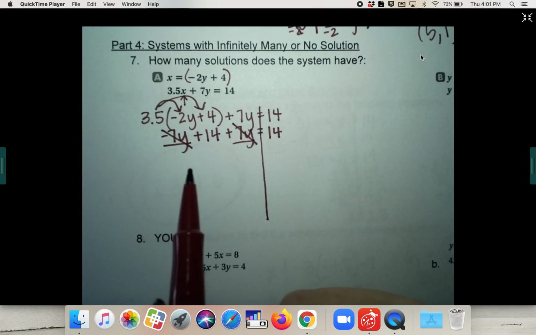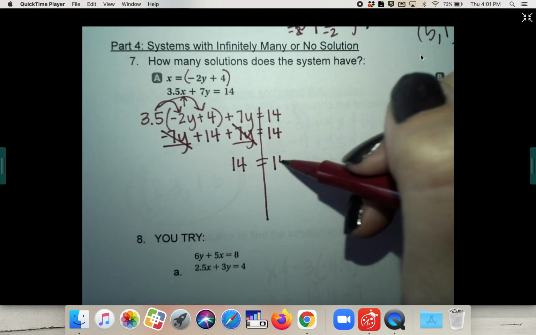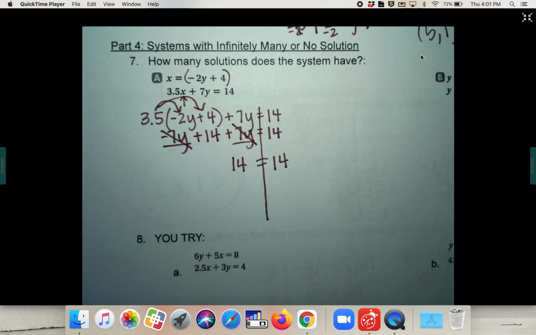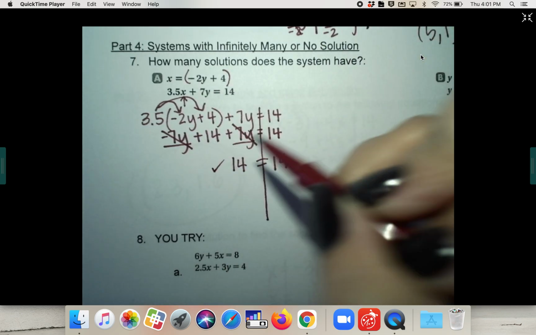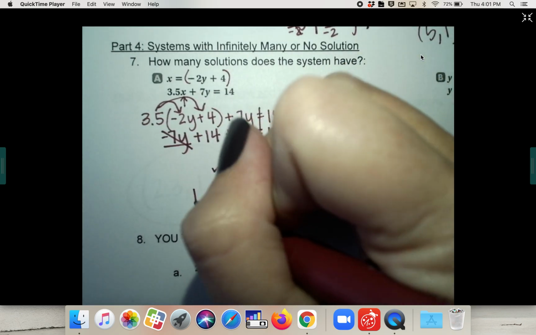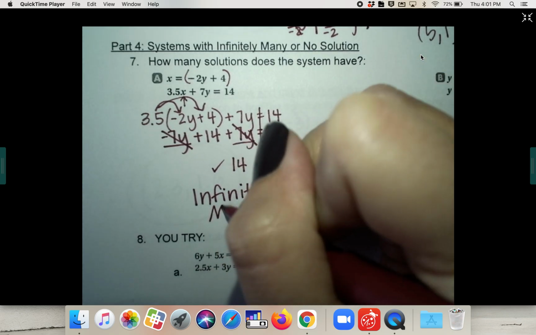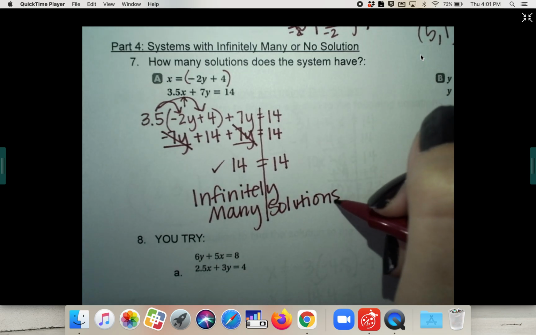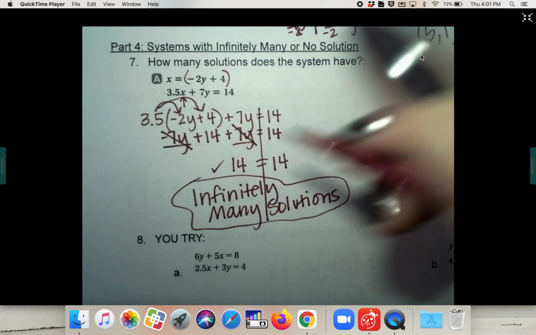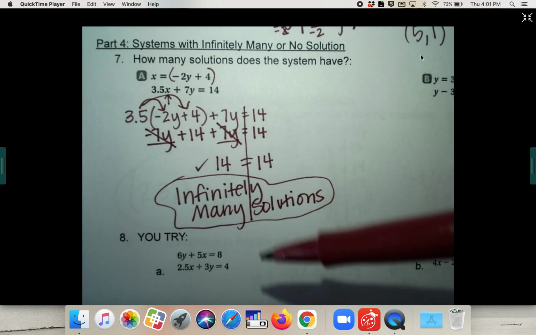And if you have a variable that drops out, it canceled out, all you have left is 14 equals 14. Is that true or false? Does 14 equal 14? If what you're left with is a true statement, which it is, that means you will have infinitely many solutions. And what that means is I can plug any number in for x and y, anything you want, and it's always going to work in these equations. There are infinitely many